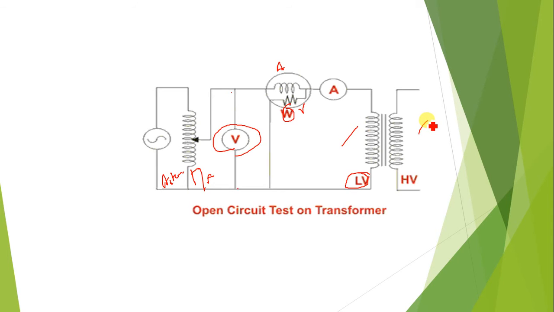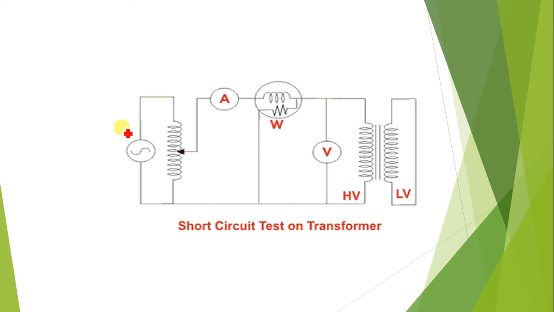These are the components. And in the short circuit test, the pattern is the same, but the ammeter is connected well ahead of the wattmeter or kWh meter, and the voltmeter is connected after the wattmeter. Here we are choosing a step down transformer because input voltage is high and output voltage is low, and since it is a short circuited path, we have to always choose it like this only.